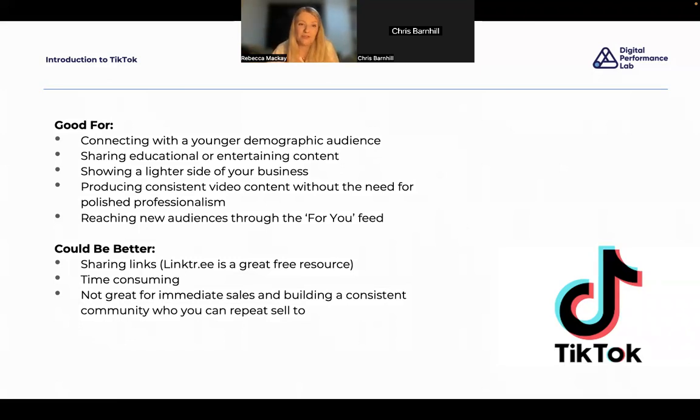So it is good from that point of view. It is great for producing consistent video content without the need for it to be polished and professional. As we've seen from that quote at the start, it's focused on realness. So it's all about showing what it actually looks like, not making everything professional and beautifully lit and professionally filmed and all of that. And it's also great for reaching new audiences through what they have called the For You